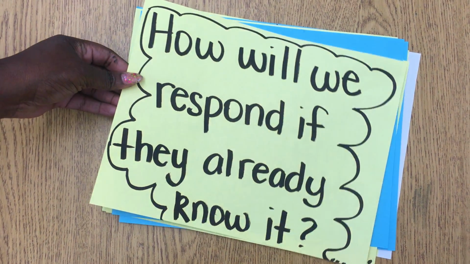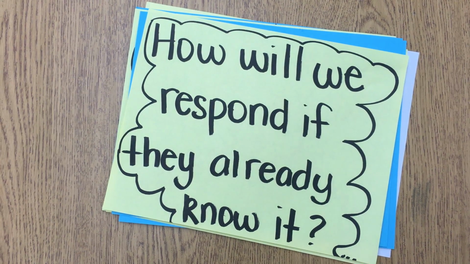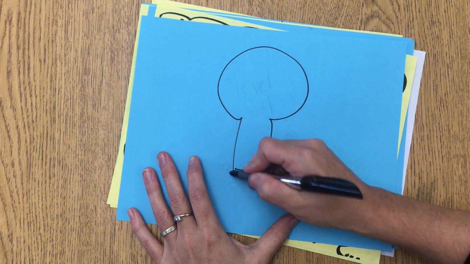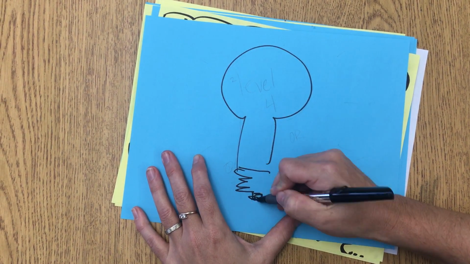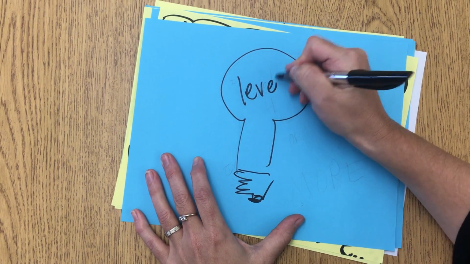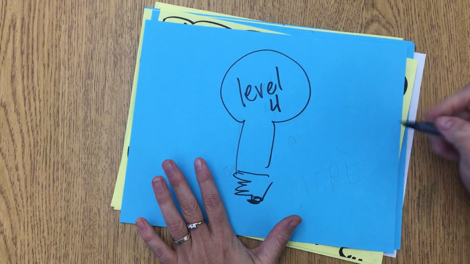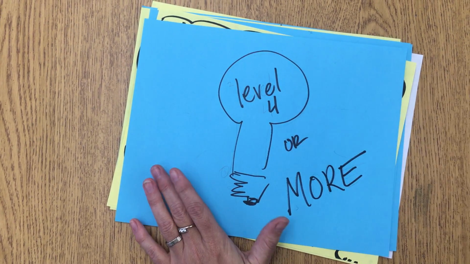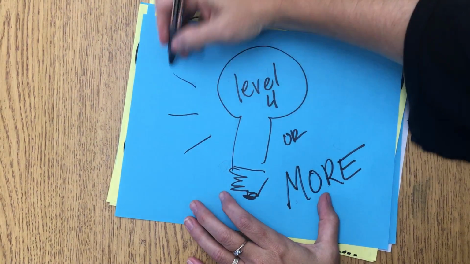How will we respond if they already know it? This is a step where you share empowering ideas for instruction. Maybe you'll come up with some level 4 activities, or even more. You might do research into the next grade level to see how you can brighten